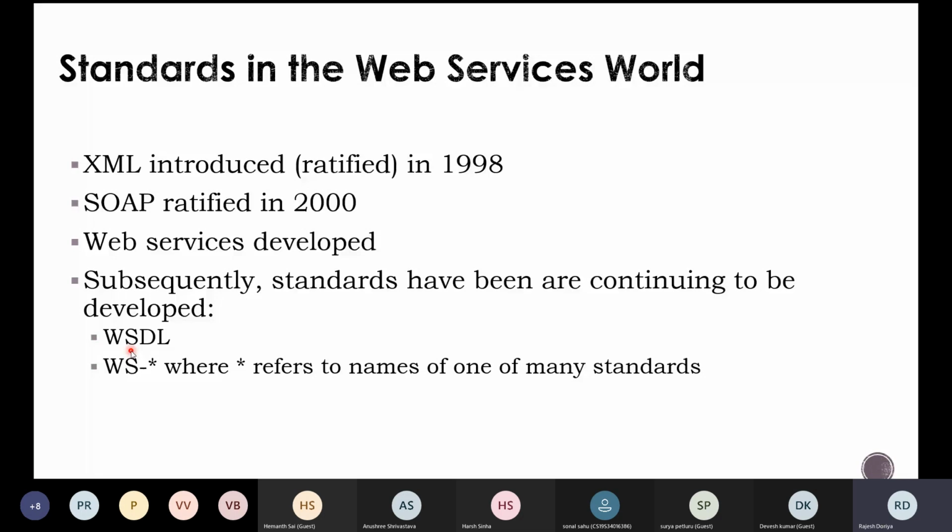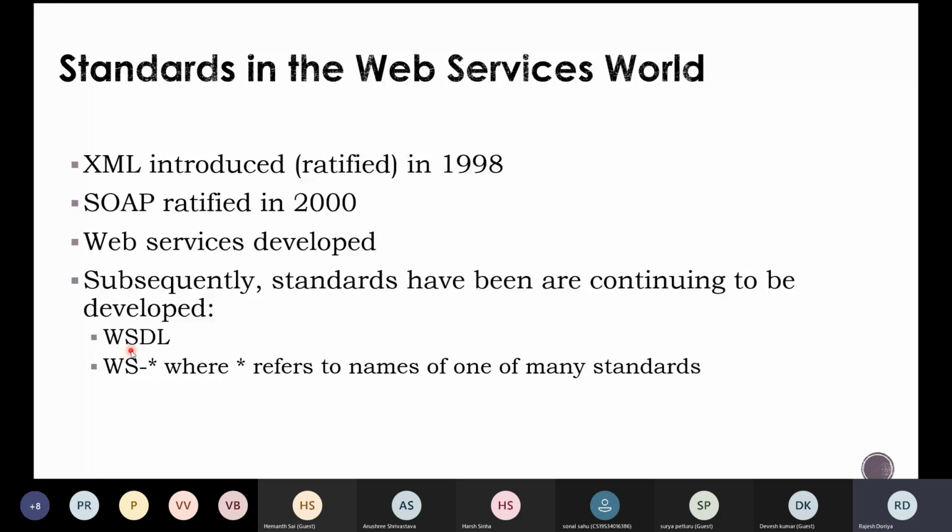Let's say we have a number of resources at some places, and one needs to access those resources. First one has to specify what resources are available, what input will be required, what output will be required, and in what way and in what capacity that particular function or resource can be accessed.